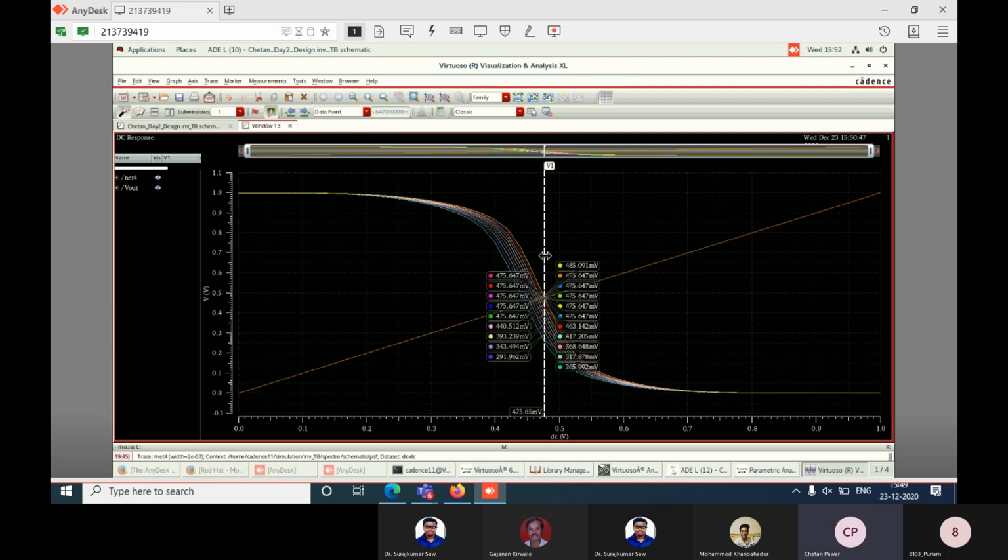So in the normal ideal inverter, we get 0.5 volt, the VTH, threshold voltage of the CMOS inverter. That is almost VDD by 2.